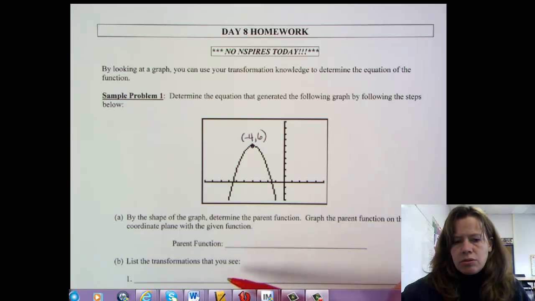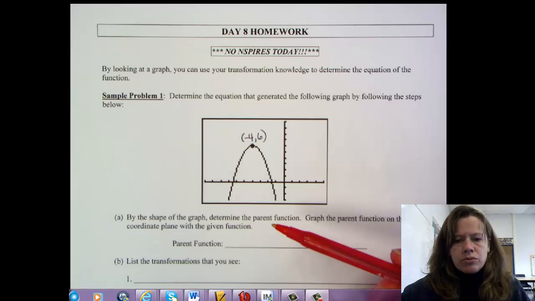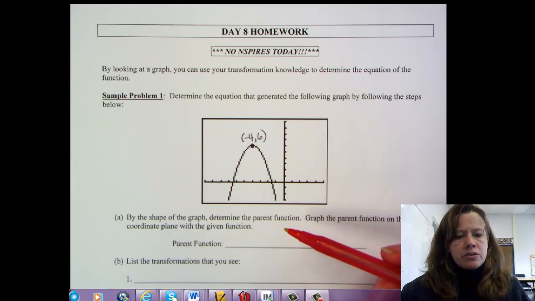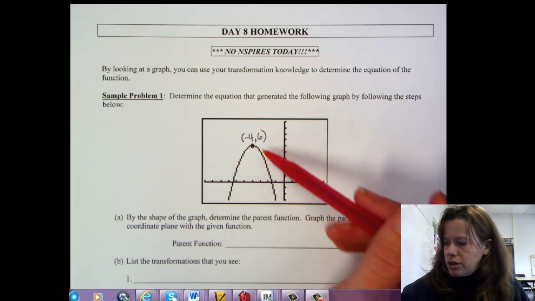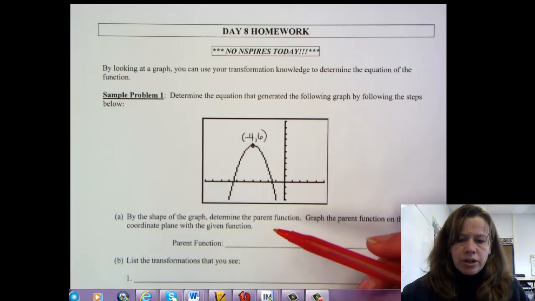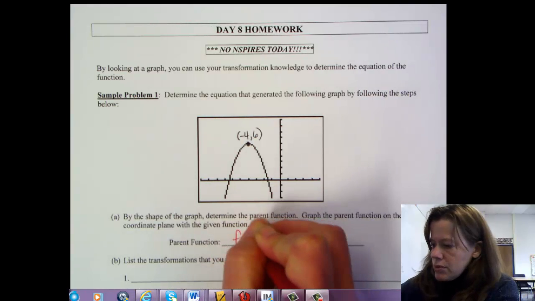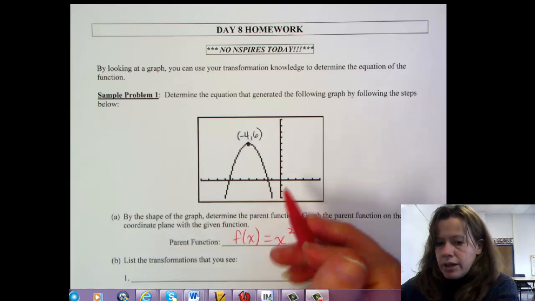So for the first example, let's go back to that very first day when we were getting to know our parent graphs, and I asked you in your yellow packet to just name the parent function, just tell me the shape of the parent function. This is when we're going to use that. By looking at the shape of this graph, it seems quadratic to me, or x squared, like a parabola. So we're going to name our parent function as f of x equals x squared,